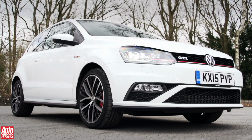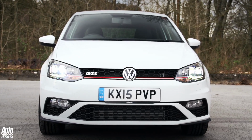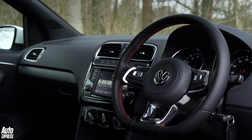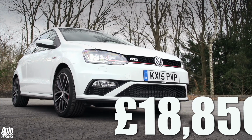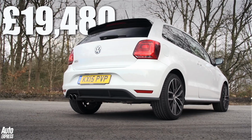The Golf GTI has been a huge hit for VW, so it's no surprise to find it's trying to repeat the feat with the smaller Polo GTI. Featuring scaled-down Golf looks, a classy interior and big car refinement, the new Polo GTI promises to be a cut above mainstream rivals. Prices start at £18,850 for the 3-door car you can see here, and rise to £19,480 for